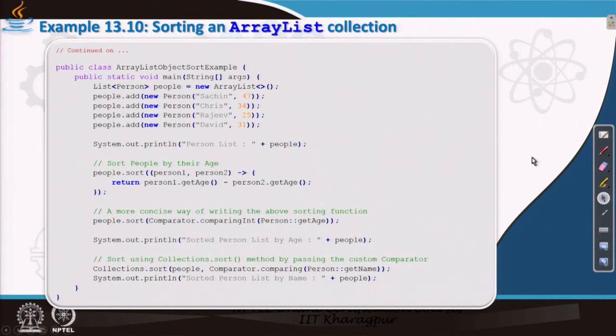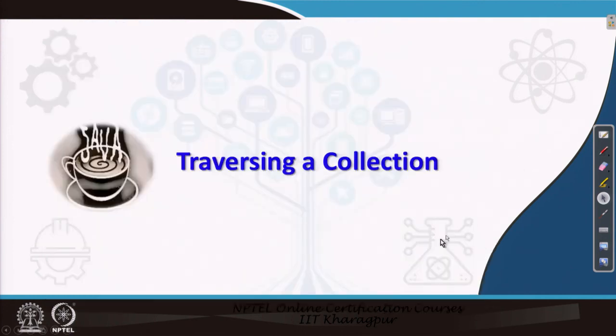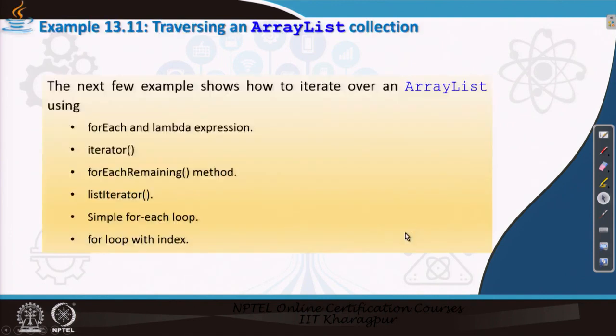So, these are the different sorting operations that we have discussed. Traversing a collection, likewise, has many methods. Traversing is very simple for any collection, but there are a few ready-made sorting and traversal methods which we have listed. We shall discuss them in detail when we discuss Java utility: the iterator, lambda expression, forEachRemaining, list iterator, split iterator, for-each loop, loop with index, while loop and others.